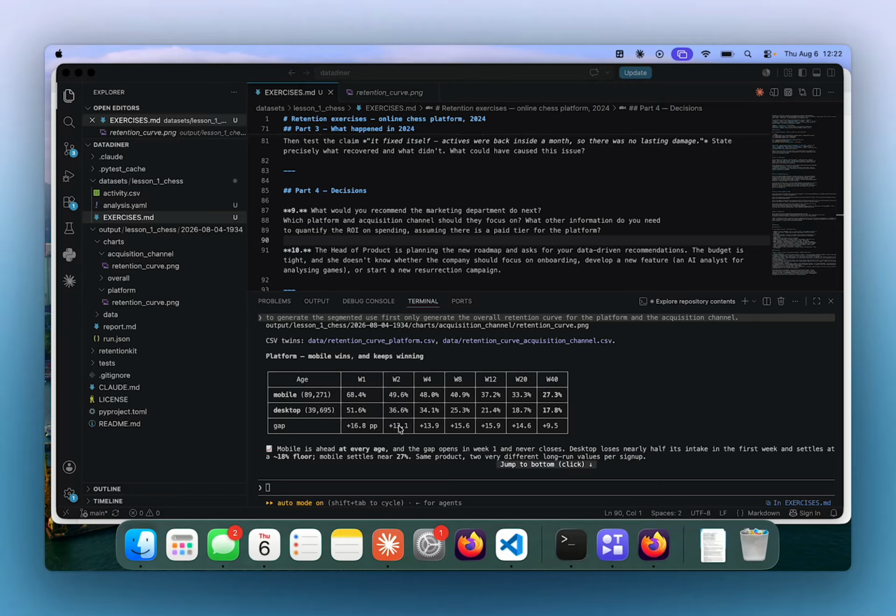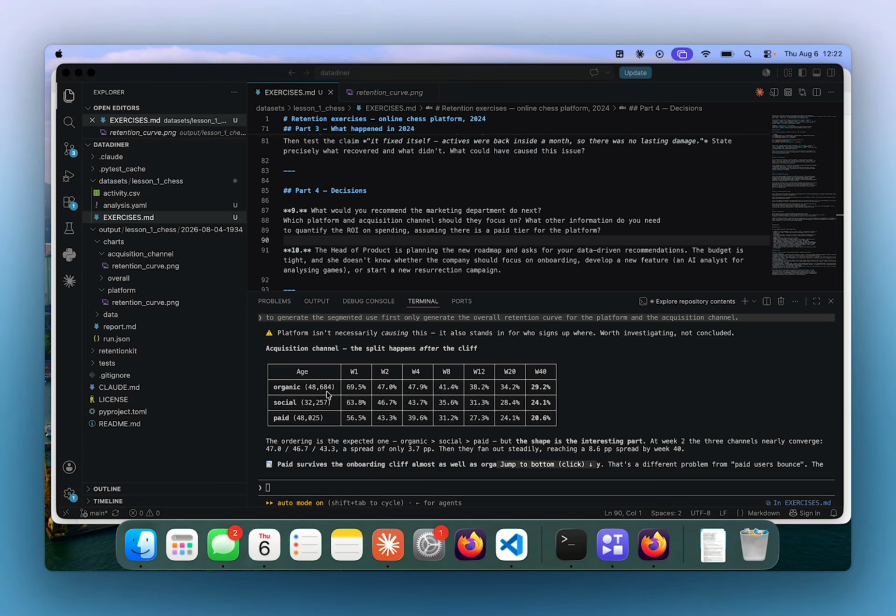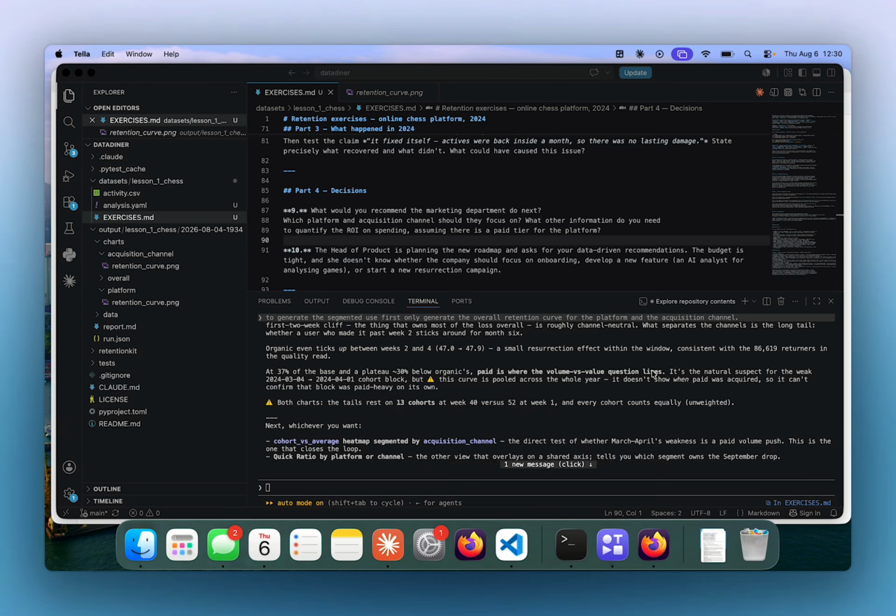So here we have a table which quantifies the various retention rates. Everywhere the mobile is better than desktop. For the marketing channels, the organic has the best retention and the social is the second one. So maybe it would work to employ a social marketing manager who works on our platforms like Duolingo and chess.com and just does the social. For the second part of the question, we would need the marketing spendings